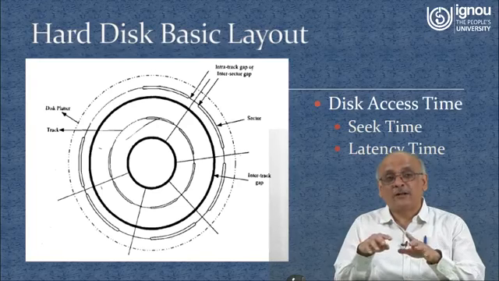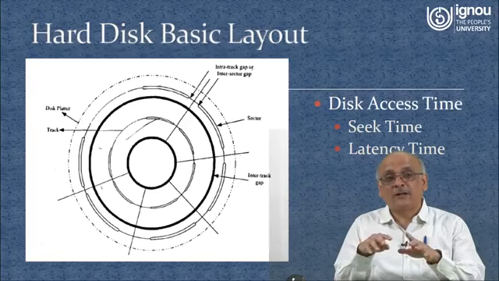The next thing is a common phenomenon: if data is to be transferred from a slower device to a faster device, it is a good idea to transfer a large amount of data in a single go. In main memory and cache, we transfer a block, which may be 2 words, 4 memory words, or 8 memory words, in one go. That is why the hard disk configuration basically consists of, first of all,